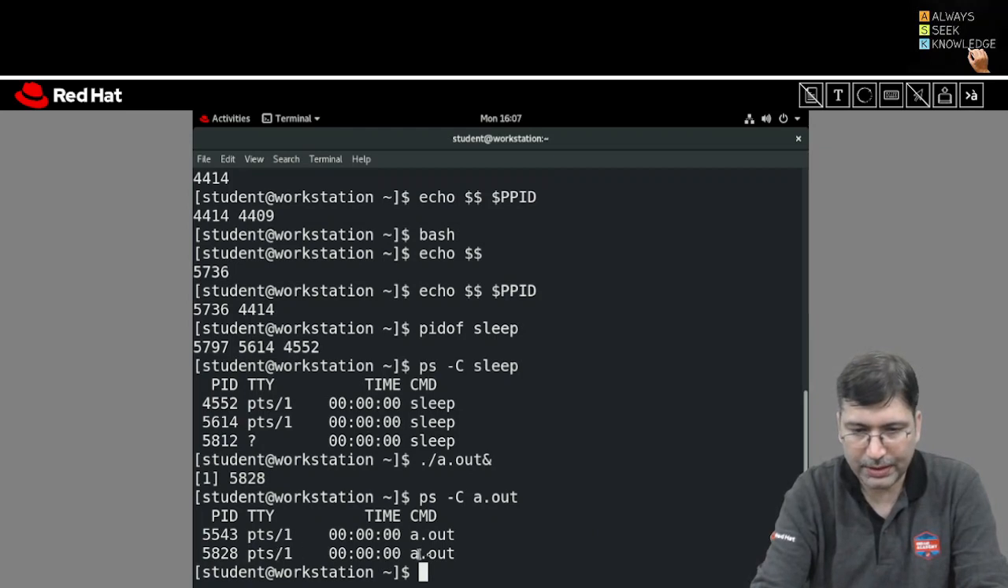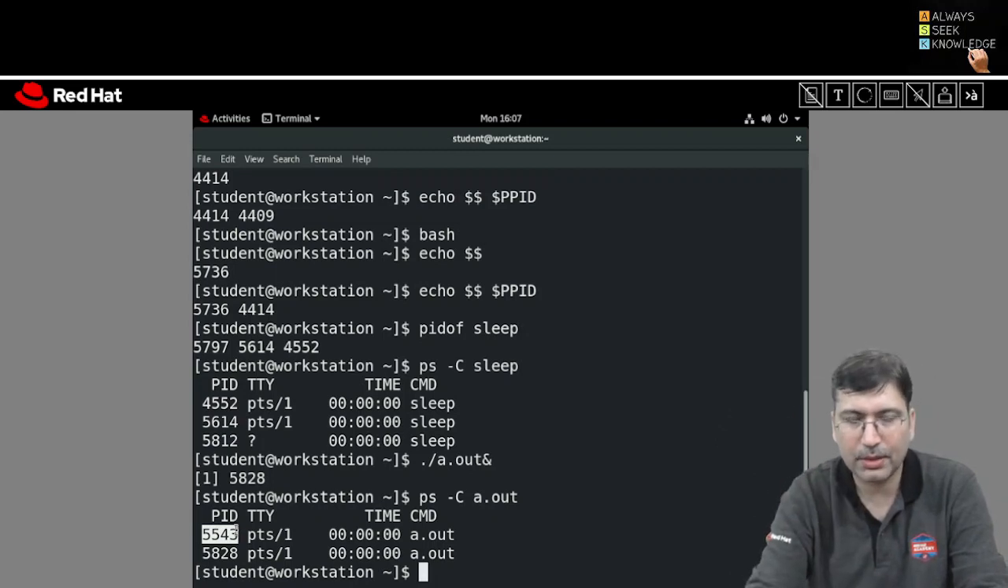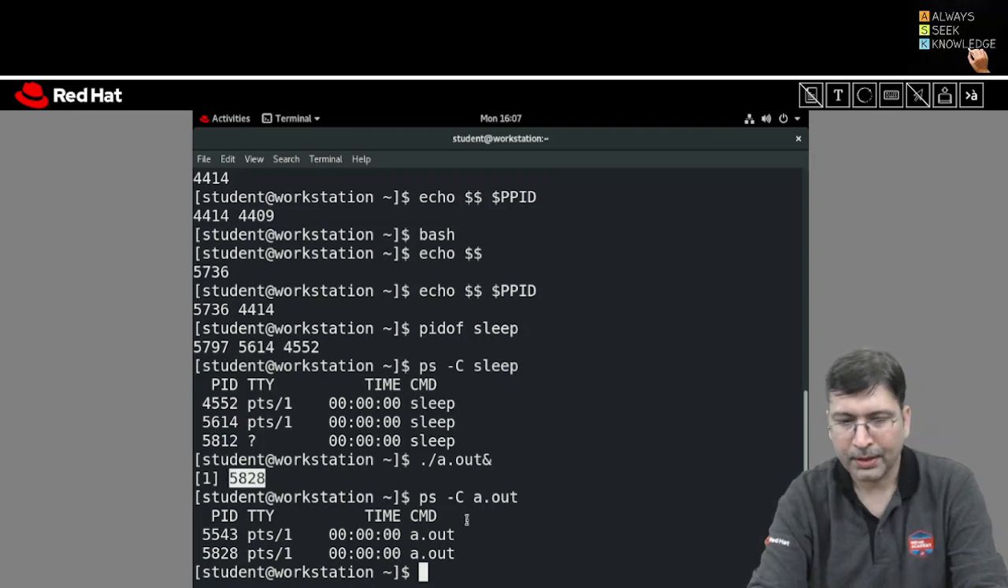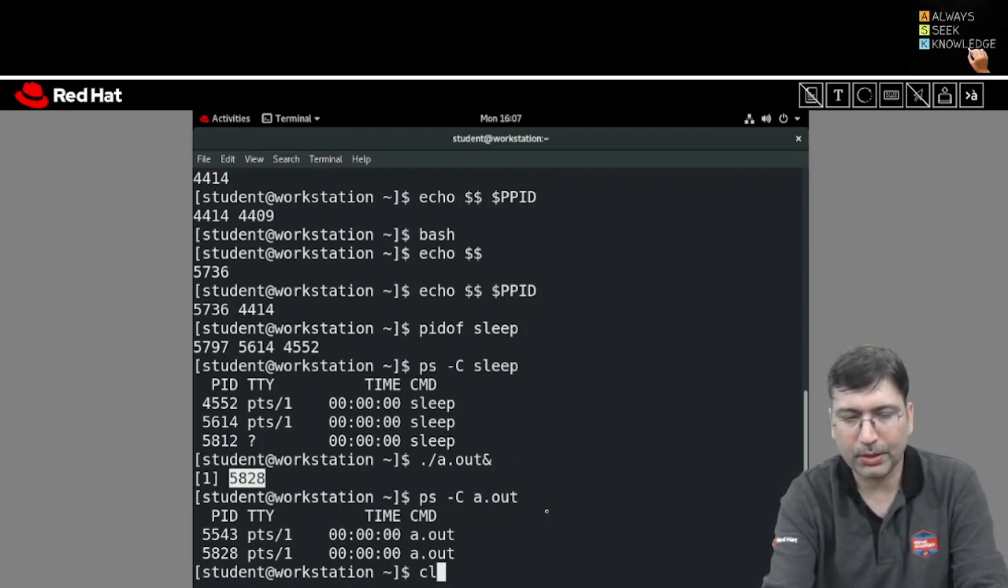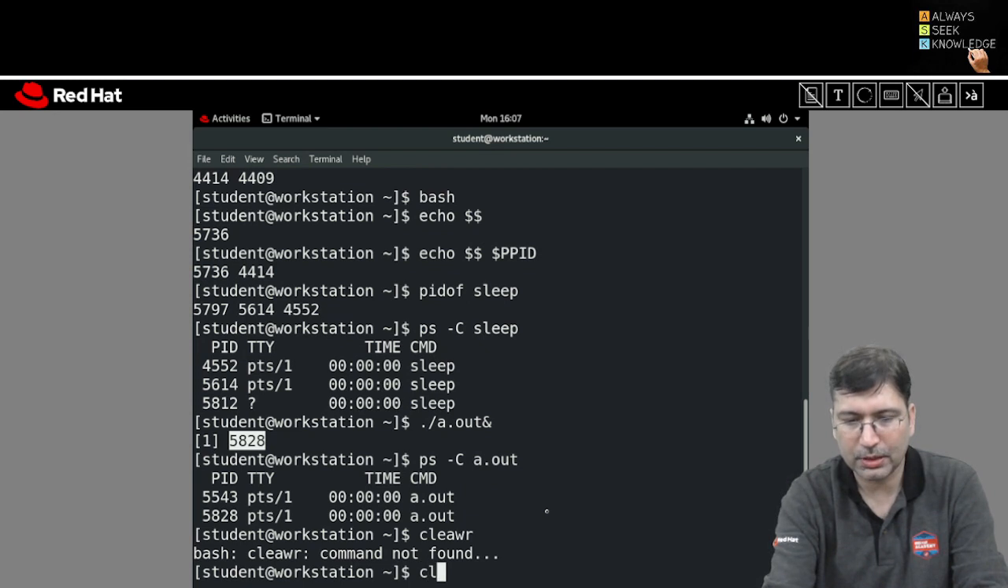And with a.out, there are two processes. One is having ID 5543, that is my previously executed process, and the newly executed process, which is in sleeping mode, is having ID 5828. Okay. So this -c option or PID of, remember both of these important commands which you can use as per your requirement,